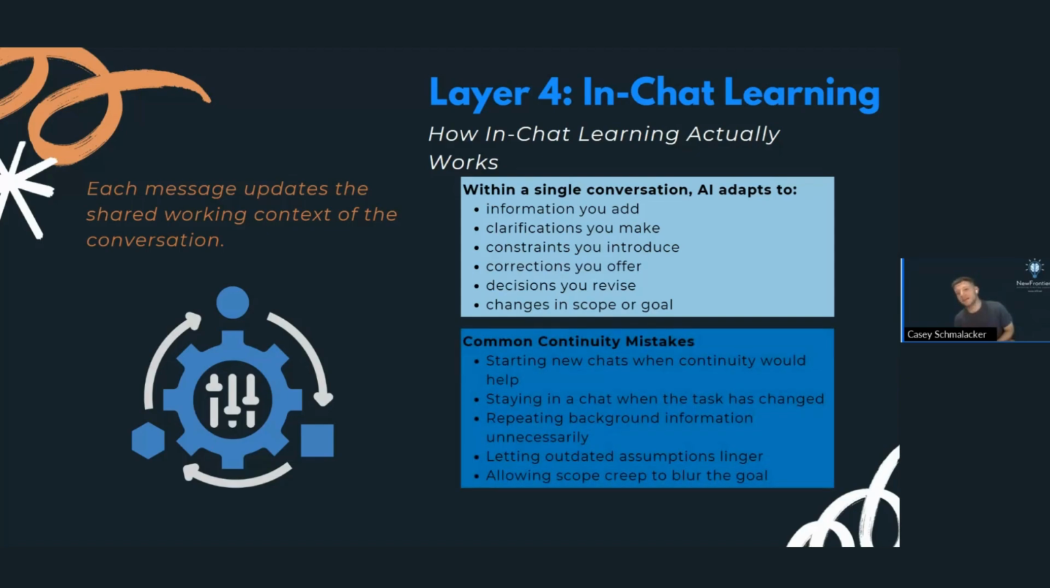So there are some common continuity mistakes. There are times that you might start a new chat when continuity would actually really help. I should have used an existing chat. There are also times that you may stay in the same chat when the task has changed, when having all of this previous information is actually not beneficial. There are times that people might continually start new chats, but you keep repeating background information unnecessarily. That is becoming a time waster. There might be staying in the same chat where you're letting outdated assumptions linger, and also allowing scope to creep